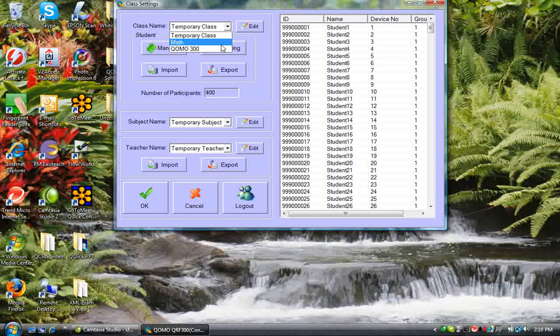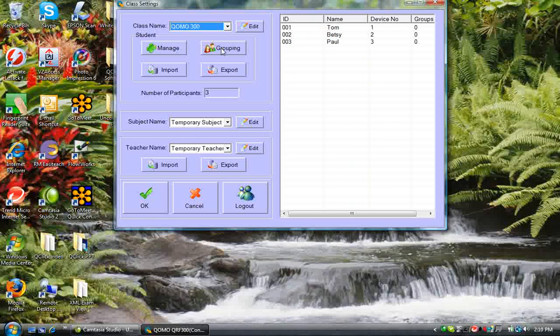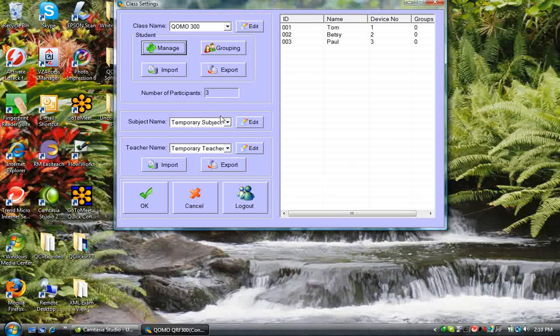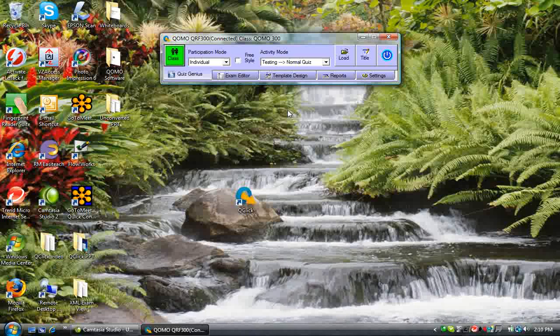I can select from a pre-made class, and at the same time I can add and remove students from that class, and I can also import a class roster from an Excel spreadsheet. I can do the same with my subject and with the teacher. Once we've selected the class, the subject, and the teacher, we select OK, and we move on to loading our